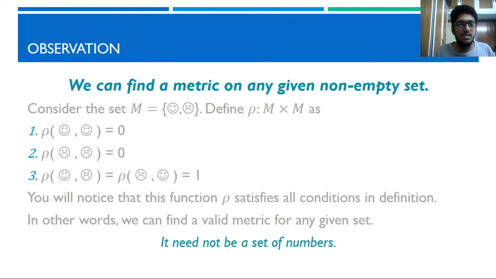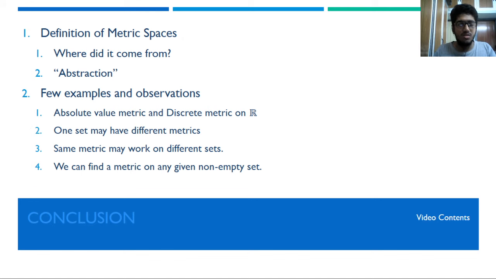We will see that once we reach counterexamples. In the counterexamples, we will see that some metrics which work on a particular set need not work on another set. So depending on time, we'll do it today. If not, we'll get to it in one of the future classes. So I'll give you another 2 minutes to quickly recollect whatever we discussed so far. And if you have any doubts, feel free to ask right now before we get to counterexamples.